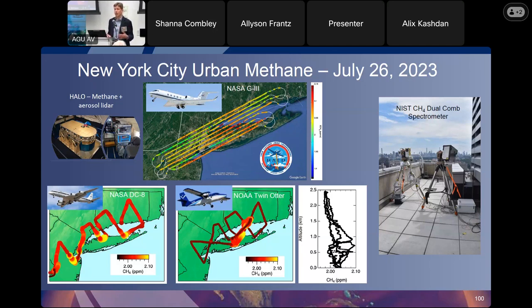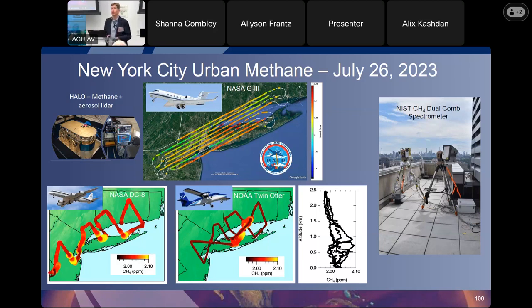The DC-8 in the lower left there is flying in the boundary layer. You can't see all the data because there are a bunch of different aircraft tracks that are actually stacked on top of each other. But that's making that lower atmospheric methane distribution measurement. The Twin Otter sees the methane somewhat differently. You can see differences in those two maps, and that's because those two aircraft are flying at different altitudes. And one of the things the Twin Otter is doing is giving us that transport piece to really try to